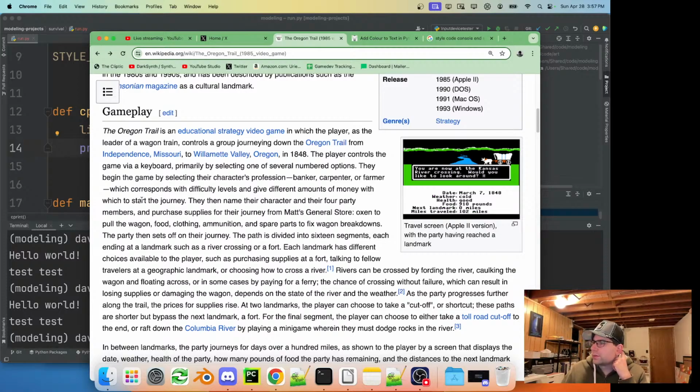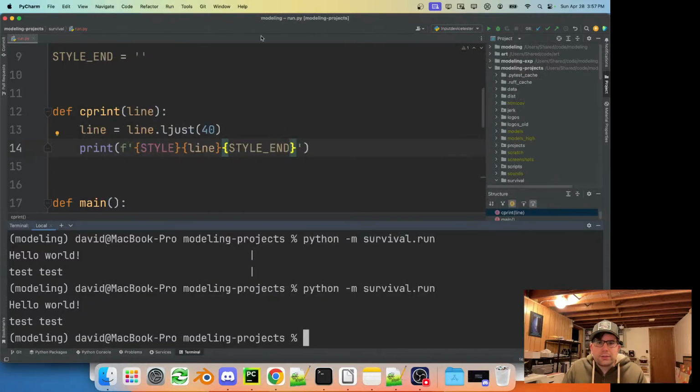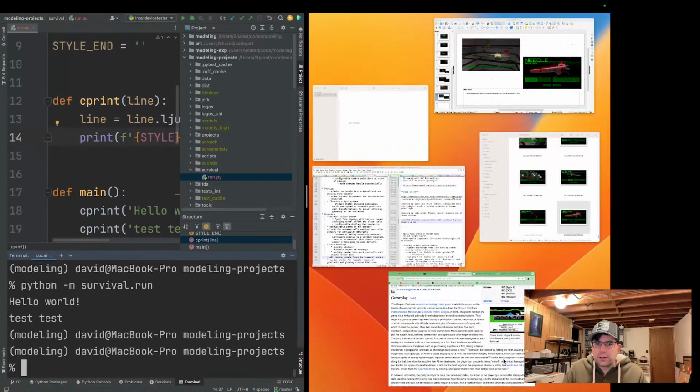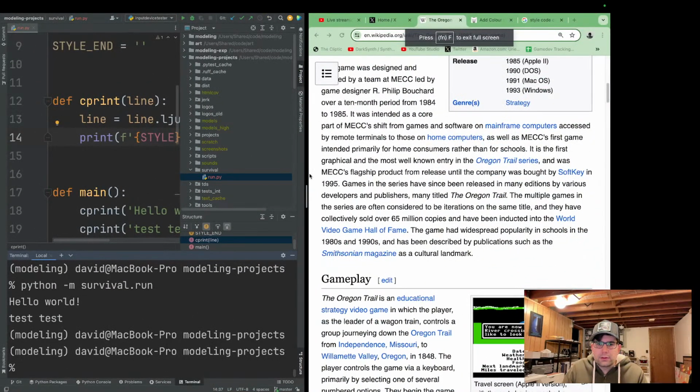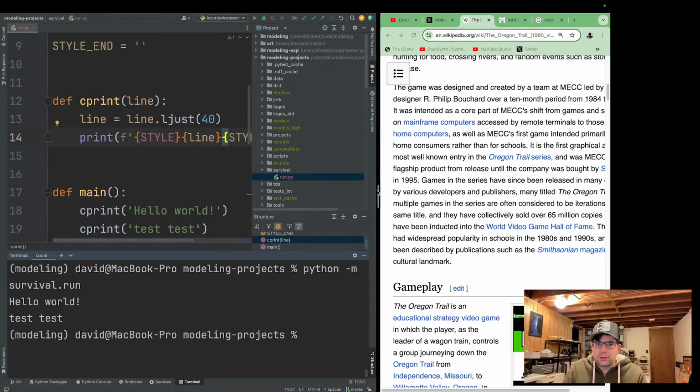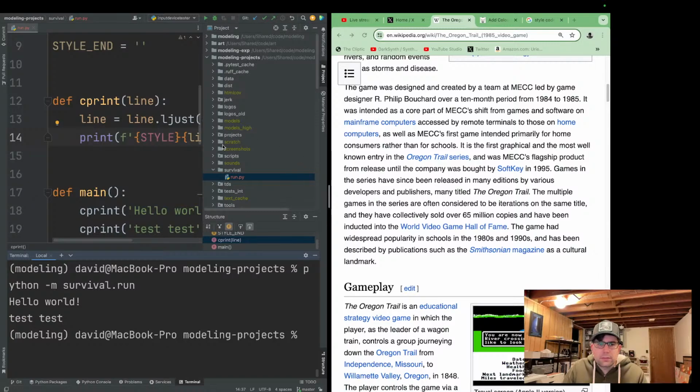You have some options sometimes as far as choosing a different path, but generally you're going in a straight line, and then every now and then you run into certain landmarks. So actually, let me just tile stuff so we can take some notes as we go.